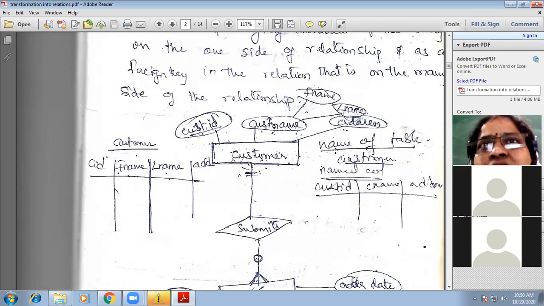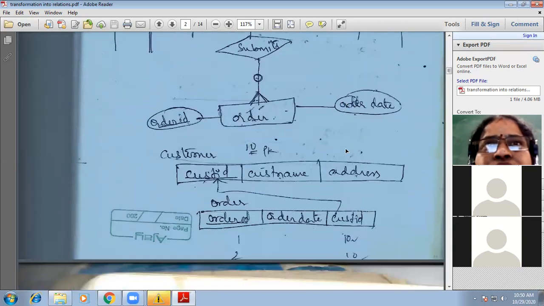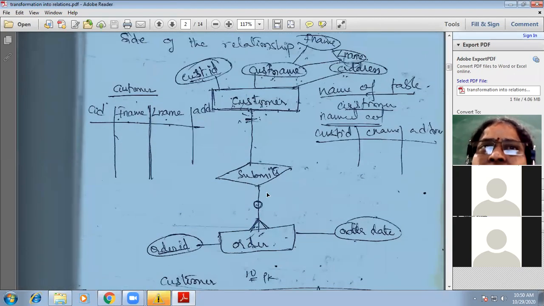Now there is a relationship between customer and order. What is the relationship? Customer submits order. A customer submits an order, or he may not submit. An order is submitted by one customer.